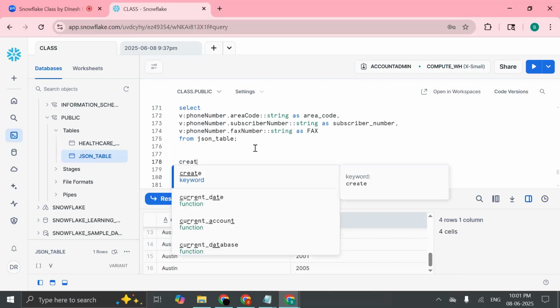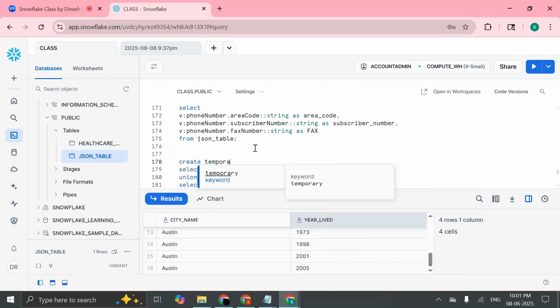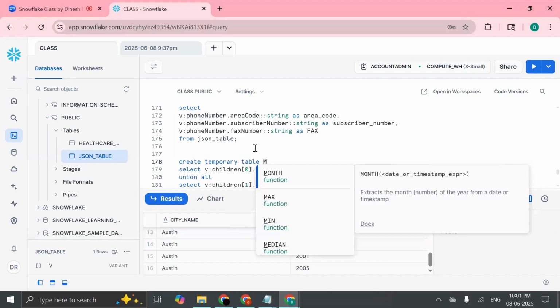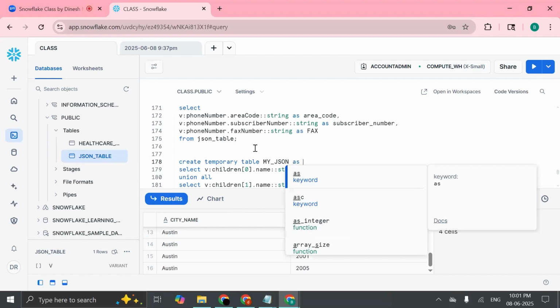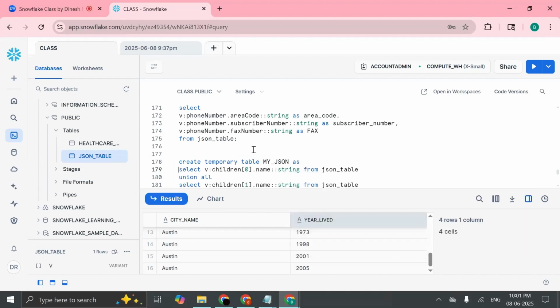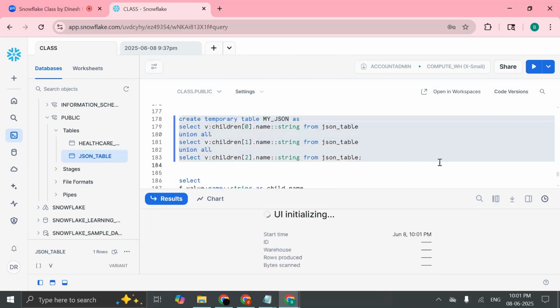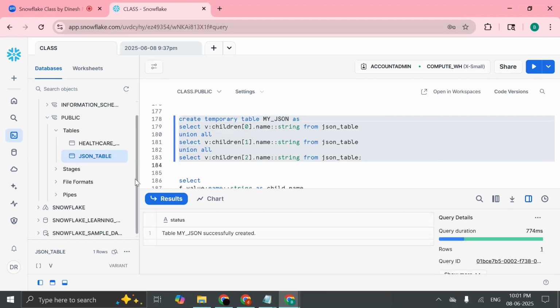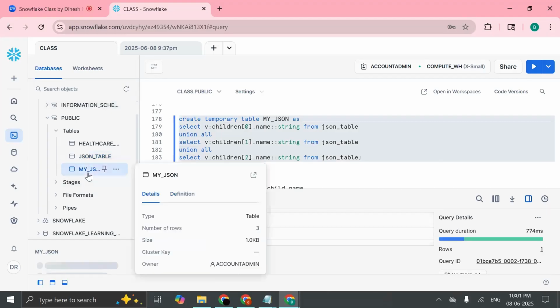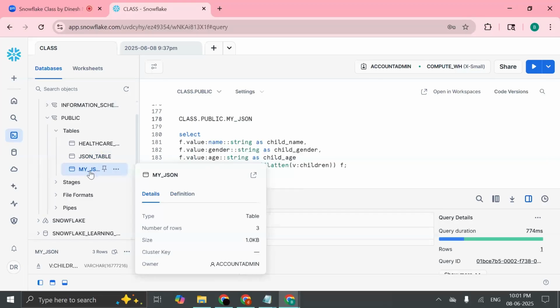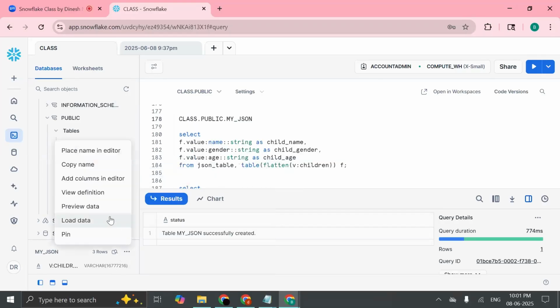Now what I will do is create a temporary table. I will use my JSON as, see this one, just I will use till here. Then whatever data you are going to convert will come to this particular table. Now when I read the data from here, I can